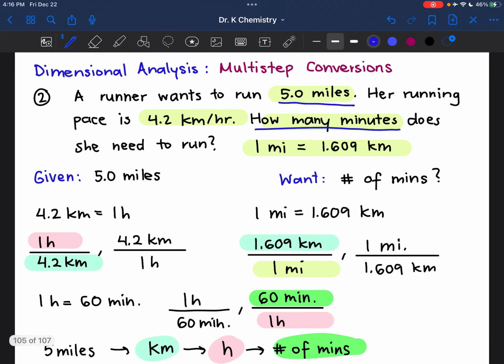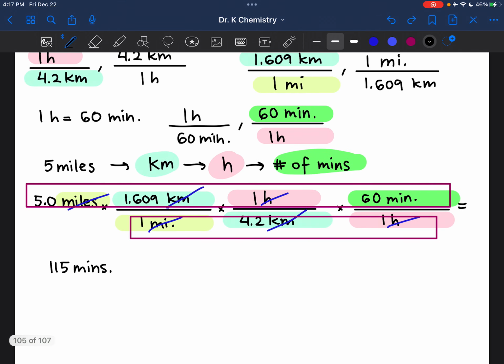115 minutes. And then I just need to be a bit careful with significant figures. And if I look back up in the problem, it looks like we're using 2 sig figs, so I'm going to need to round that to 2 sig figs. So I'll call that 120 minutes. And that is it. That's our multi-step